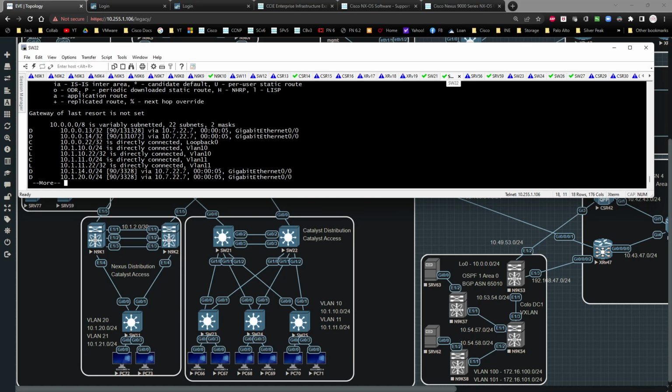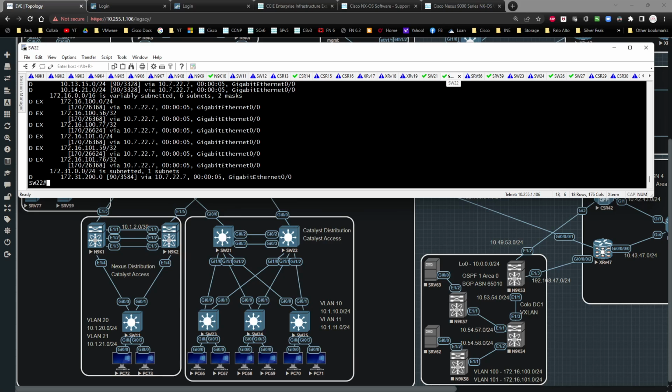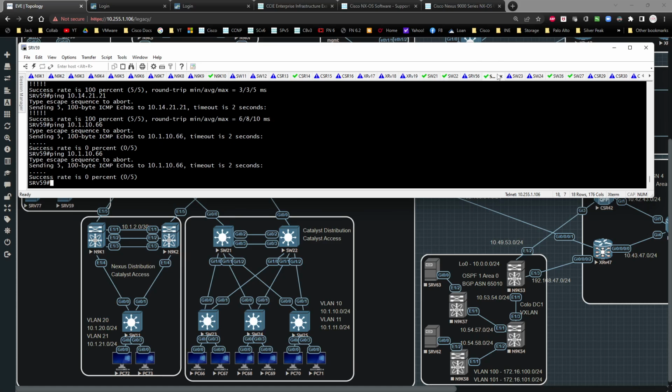Show IP route. I'm learning those routes in now, and I see all these connections coming in. So now if I go back to server 59, and I try to ping 66, there it goes. That's exactly what I'm looking for. So if I go back to PC 66,